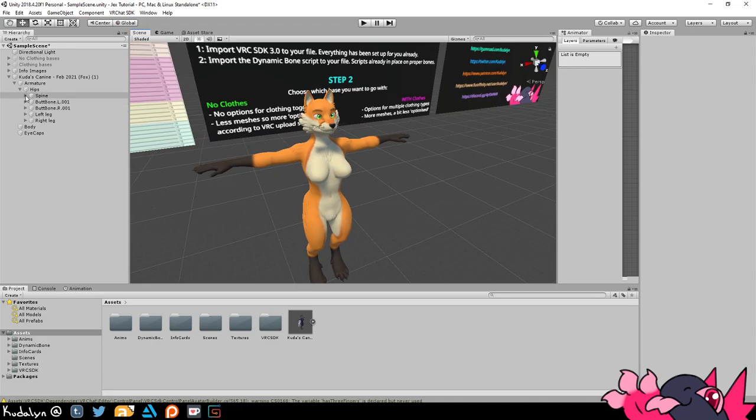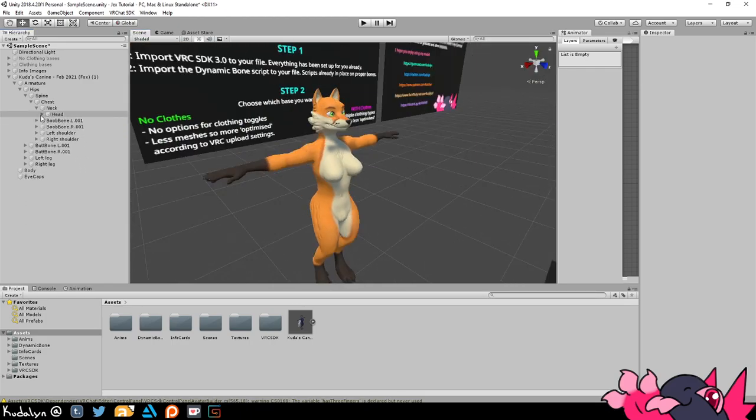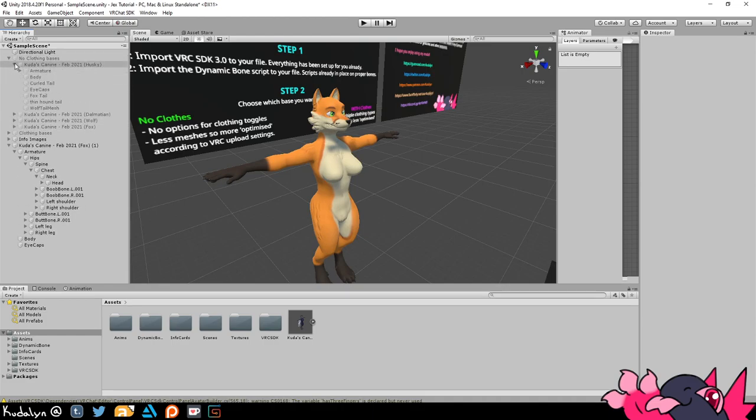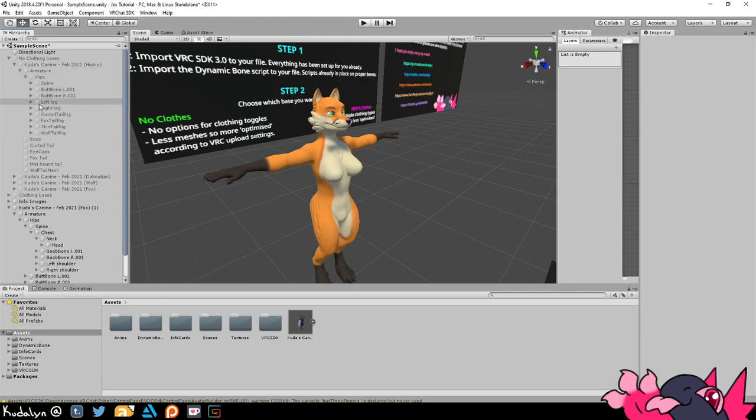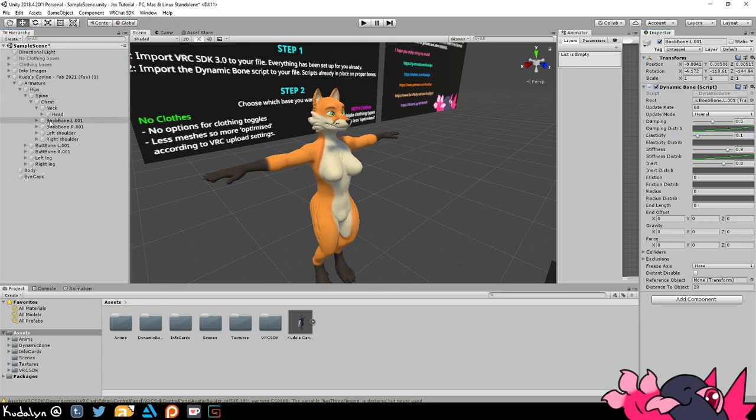Alright, next step is to shrink down the ears. Actually, no, I'm going to first add the boob bones. So what I do is I go through here to one of my other presets and I open this up until I get to the chest. And here you can see I already have the script on the husky. So what I do is I copy a component and